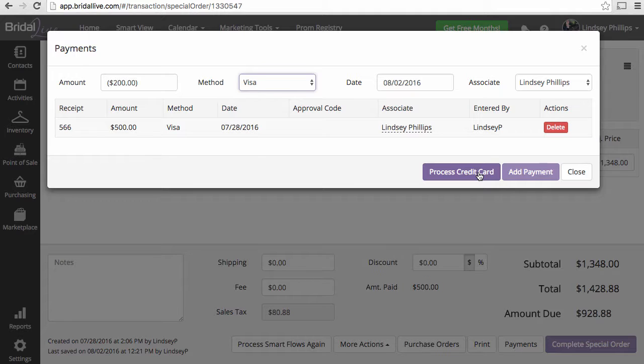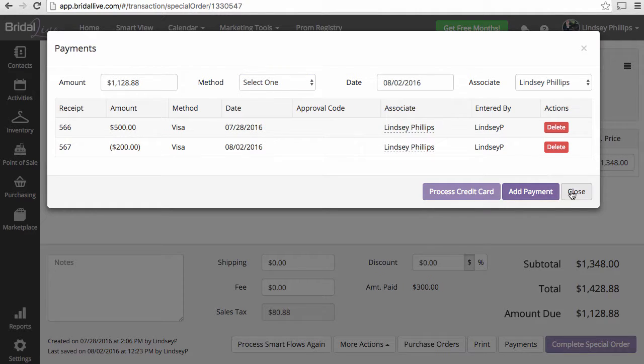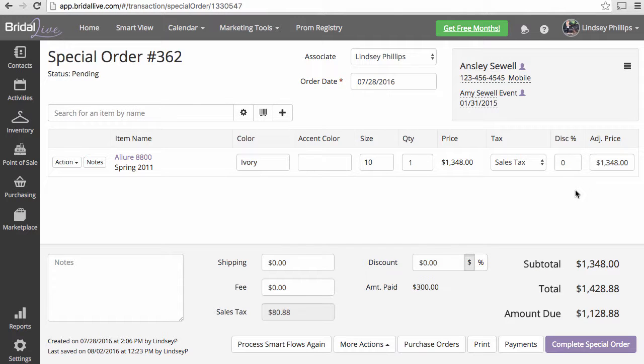Then you would go ahead and choose Process Credit Card and swipe the customer's card. I don't have a terminal set up with my test account, so I'm going to go ahead and click Add Payment, which is what you would do if you did not use one of our integrated processors. Alright, so now we've given back $200 to the customer, but we need to do some things to the rest